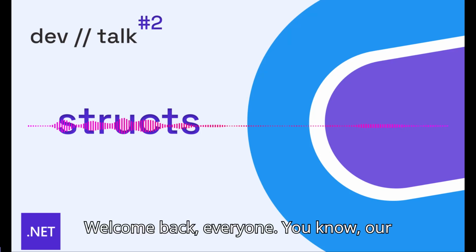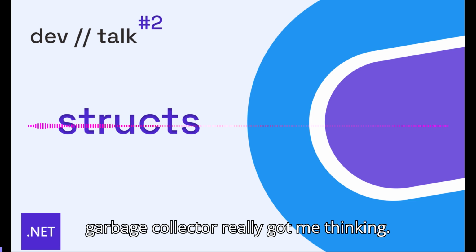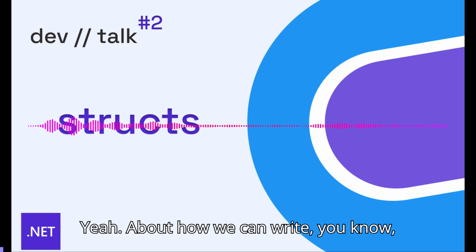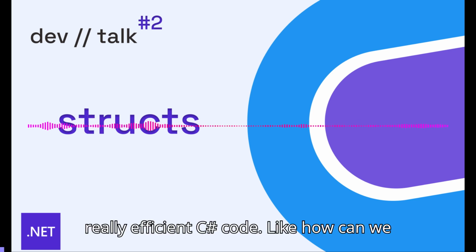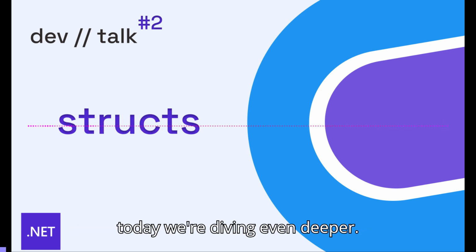Welcome back, everyone. You know, our last deep dive, the one about the .NET garbage collector, really got me thinking about how we can write really efficient C# code. Like, how can we squeeze out every ounce of performance? So today, we're diving even deeper